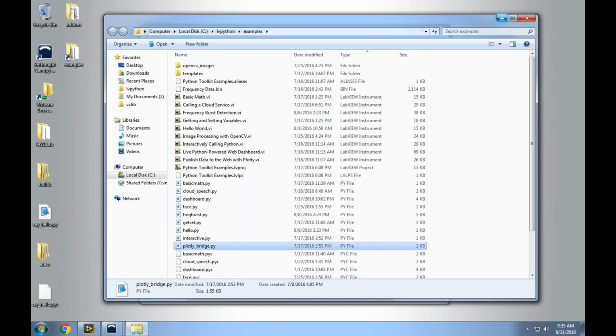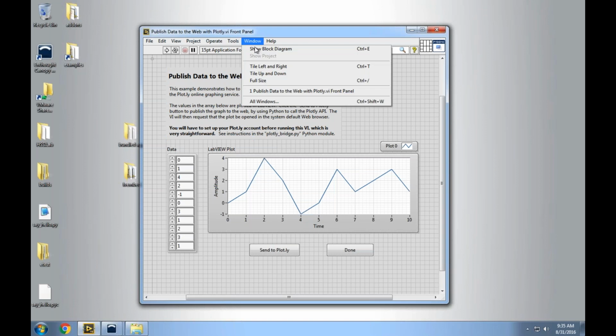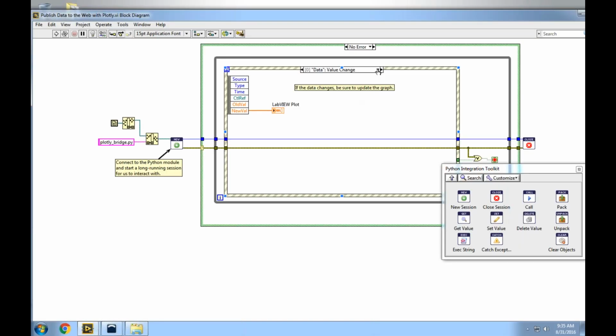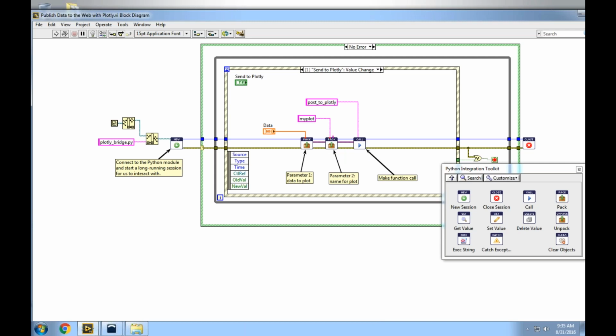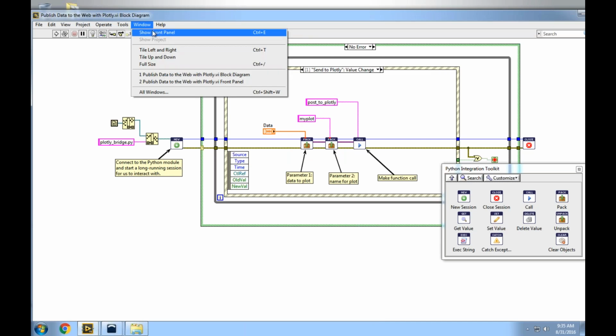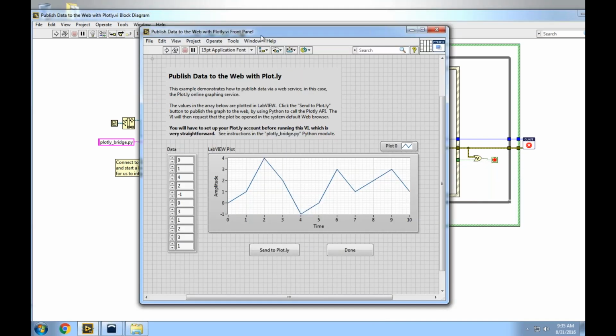I'll close out of here. Back to our main VI over here, and on the block diagram, right? When I push the send to Plotly button, it's going to just pack up my data from the front panel. It's going to give it a name, my plot, and then it's going to call post to Plotly. Plotly, by the way, by default, when you call that, is going to try to open a web browser so that we can see our data on the web. So I'll run it,